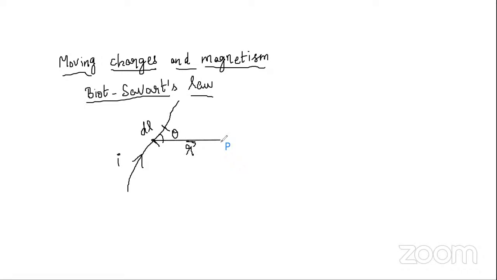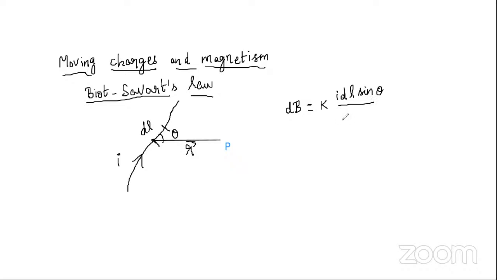That can be given by Biot-Savart law. According to Biot-Savart law, since this is a small current element, I am considering the small magnetic field produced by it, dB, and that is equal to k into I dl sine theta